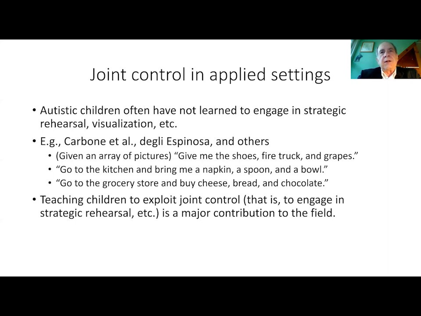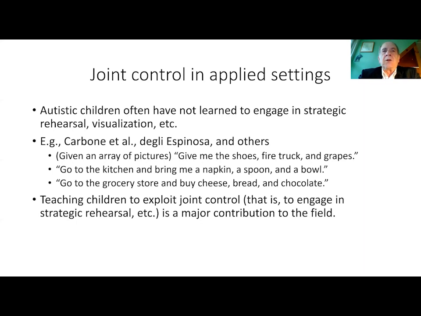That is, the child is unlikely to succeed in this task unless they learn the strategy of rehearsing. That is, give me the shoes, the fire truck, and the grapes. The child would say, shoes, fire truck, grapes, shoes, fire truck, grapes, as they scan the items one by one in turn. When they see a picture of an elephant, there's no joint control. When they see a picture of a car, there's no joint control. When they see a picture of grapes, there's joint control,